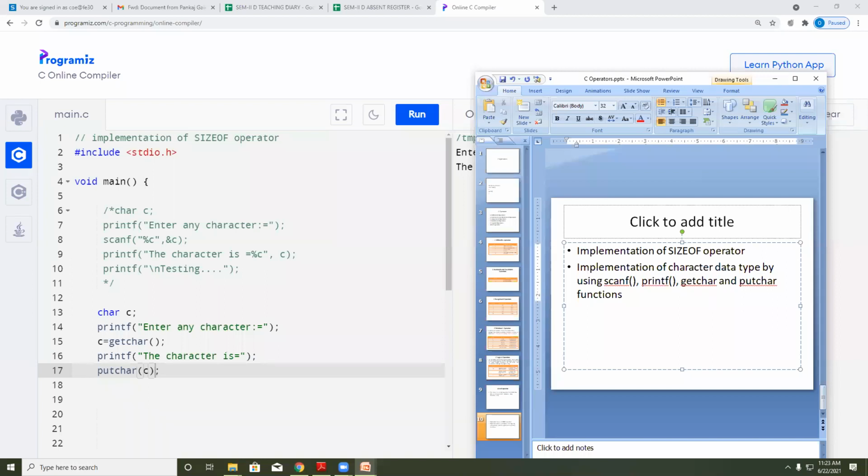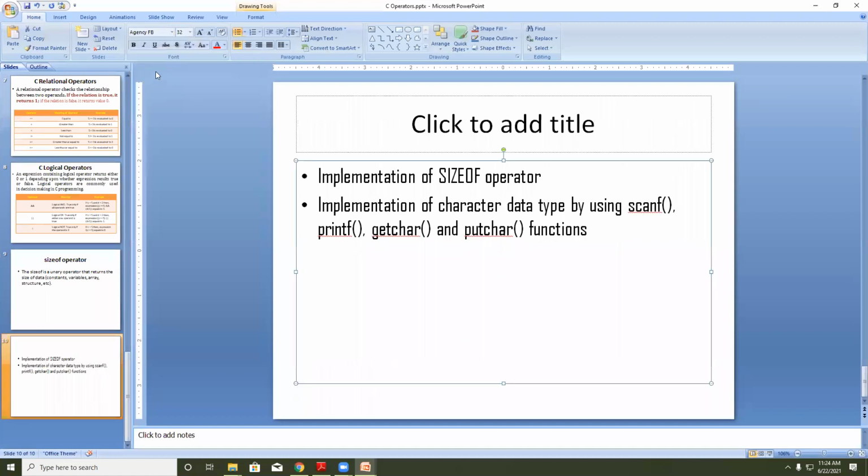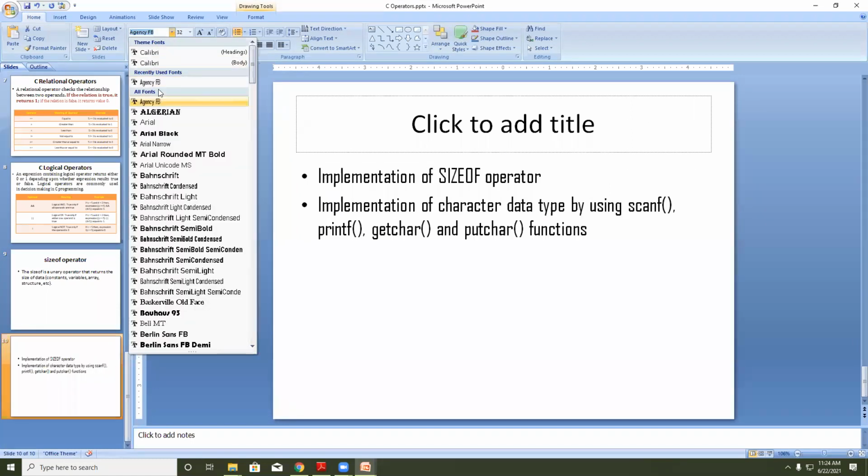Printf, getchar, and putchar functions. Okay, this is the homework for you. This screen is clearly visible to you now. Yes, sir. Okay, just a minute.